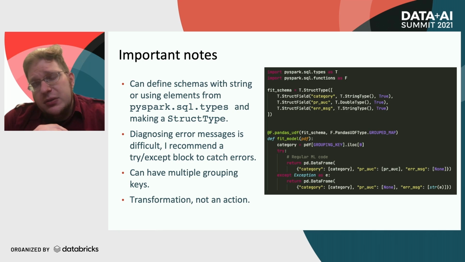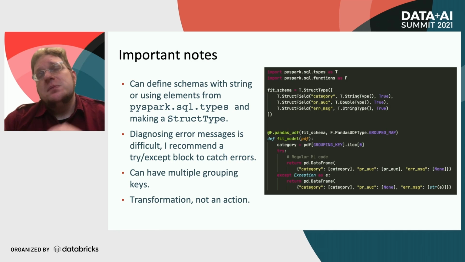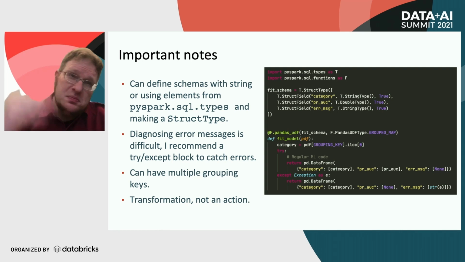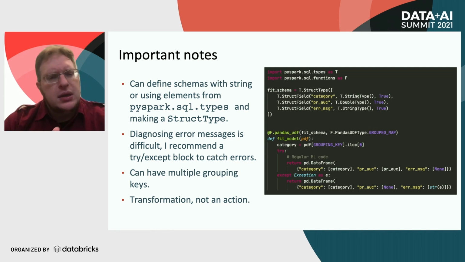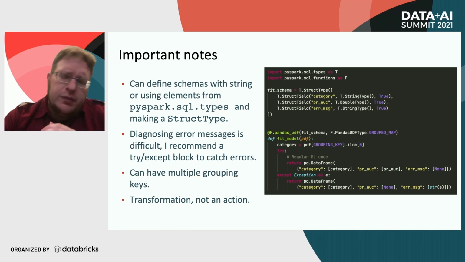Another refinement I found is that Spark is not great at giving you stack traces if you have an error. If I ran this fit model on a pandas data frame, it gives me a stack trace. It's fairly easy to diagnose because it's maybe 4 or 5 layers deep. With Spark, you end up getting a very, very long stack trace. If you run into an error, if you raise an exception, that becomes more of a problem if you're trying to diagnose errors. A workaround I found is simply to just put your code into a try except block,